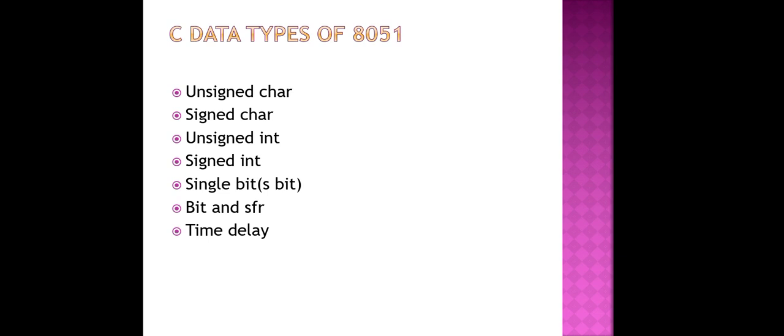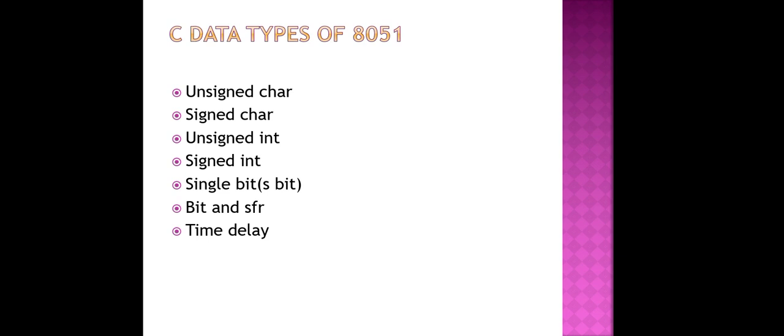For 8051 programming, do not use unsigned integer where unsigned character will do the job. Remember that the C compiler uses signed integer as the default if we do not use the keyword unsigned. The next data type is the signed integer.